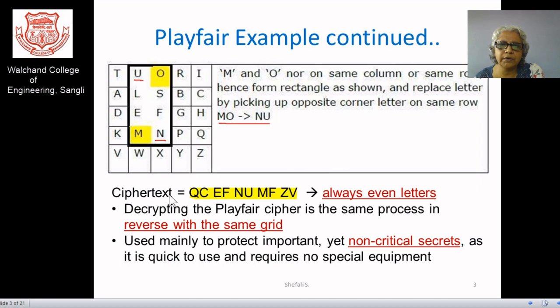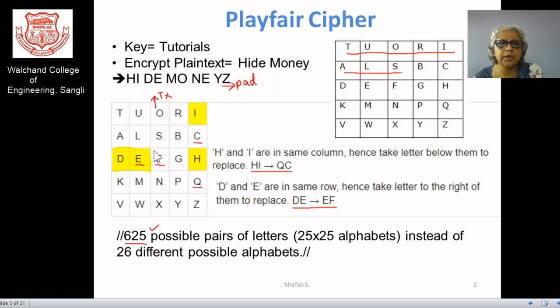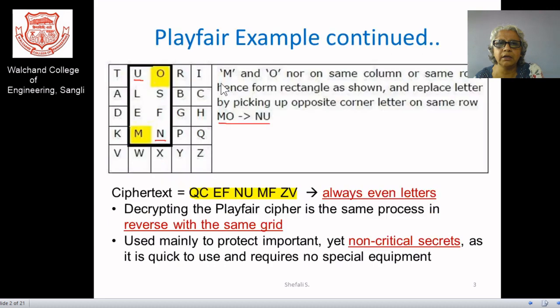So according to whatever the earlier plain text was that we have used together, I can say that HIDE MONEYZ can be converted into that particular cipher itself. As I said, it always goes for the even letters, and if we are going for the decryption for the Playfair, we need to use the same grid for the reverse operation.